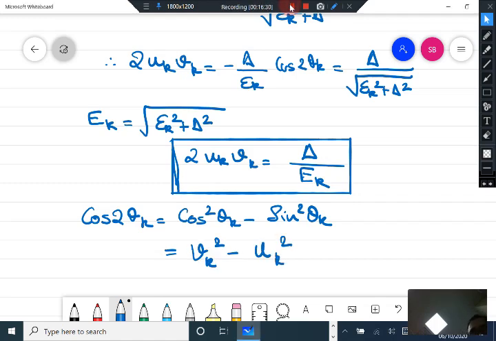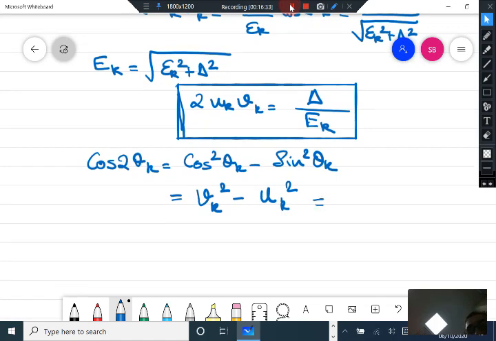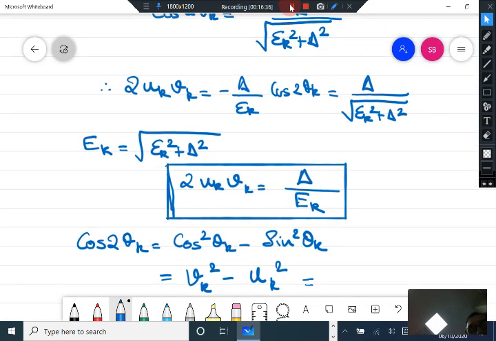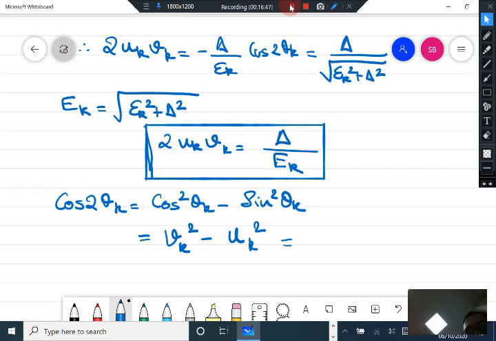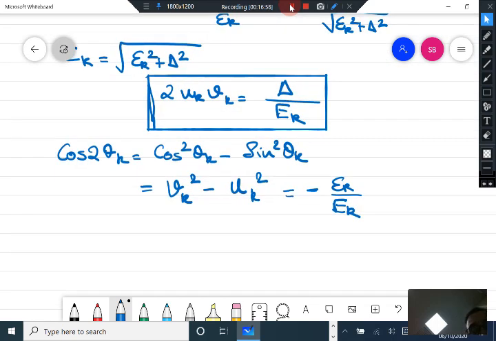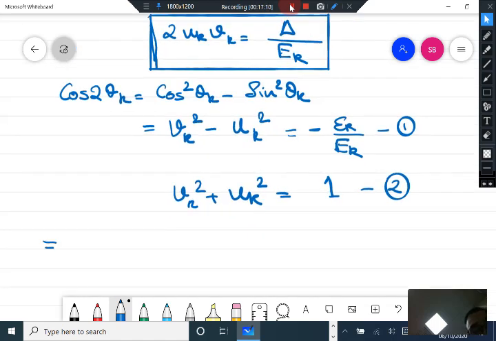If you see here, this cos 2 theta k is equal to minus Ek over capital Ek. So uk square minus vk square is minus Ek over capital Ek, and this is equation 1. And recall that vk square plus uk square is equal to 1. This is equation 2, and so this gives you